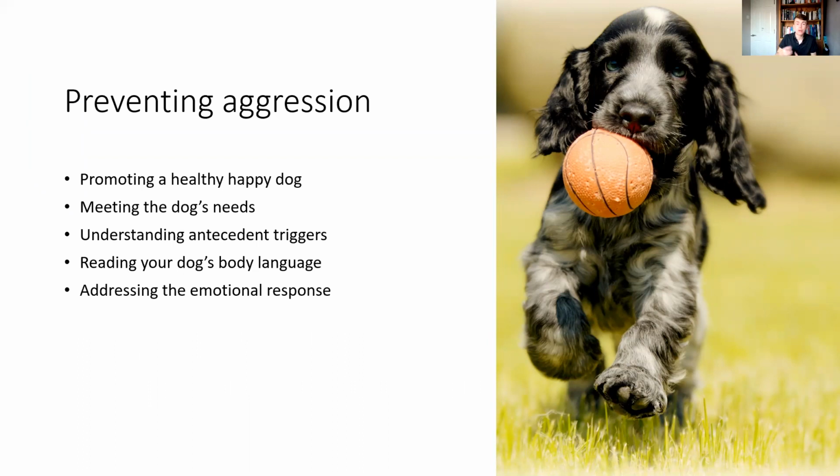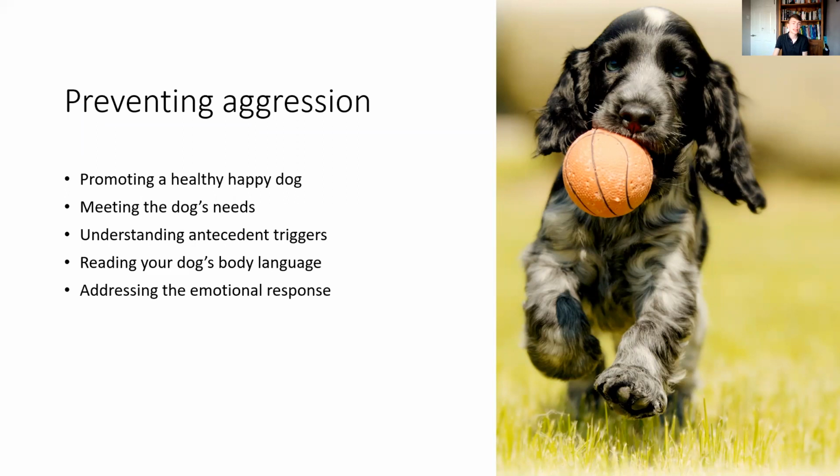So firstly, we're going to look at how we can really promote a healthy and a happy dog, so our dogs are in a really good emotional and physical place in order to prevent aggression. We're looking at how we can meet our dog's needs as well. Meeting those biological, behavioral needs of the dog is really key in order for dogs to feel happy, to learn, and to not experience stress. And we know that when a dog's stressed, that fear response is generally much more prone to occurring. So dogs are much more likely to experience fear when they're stressed.